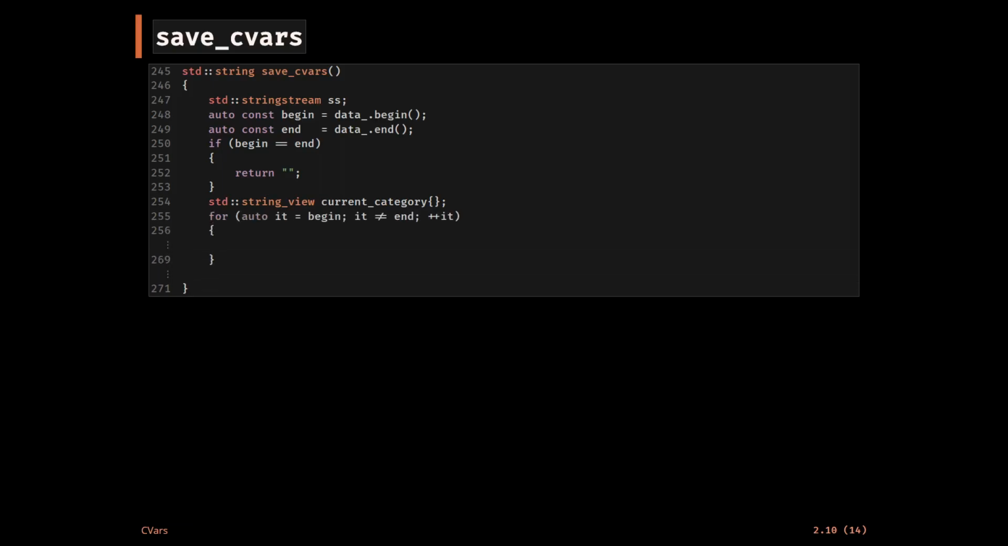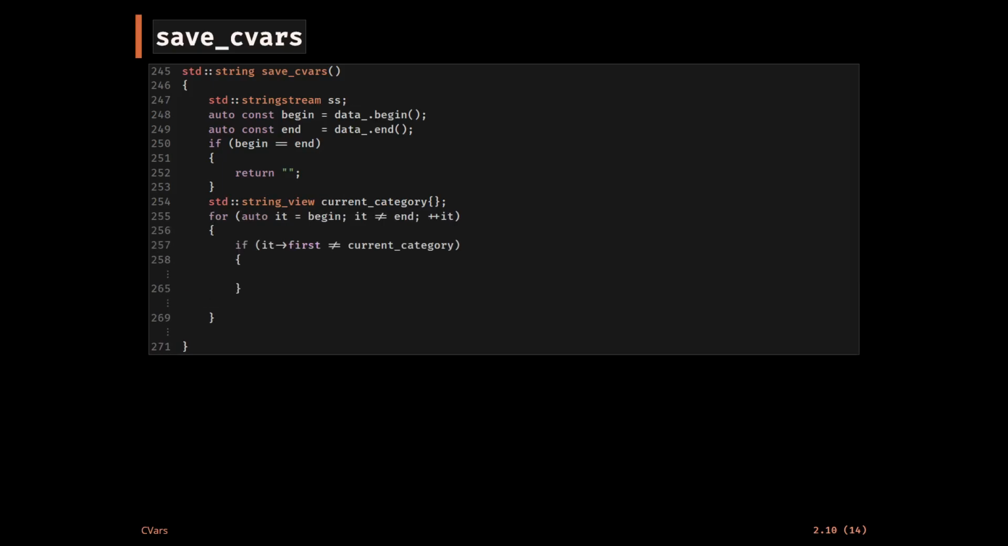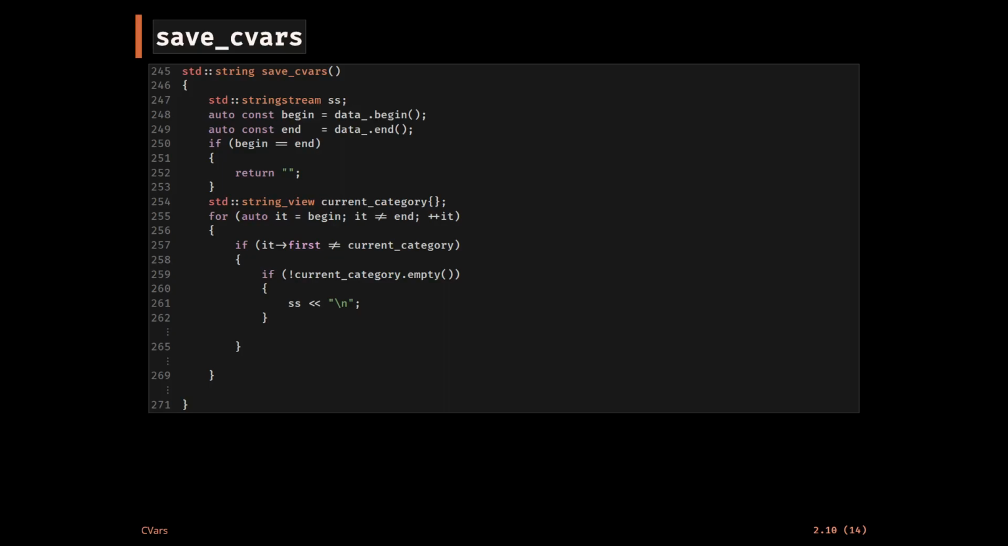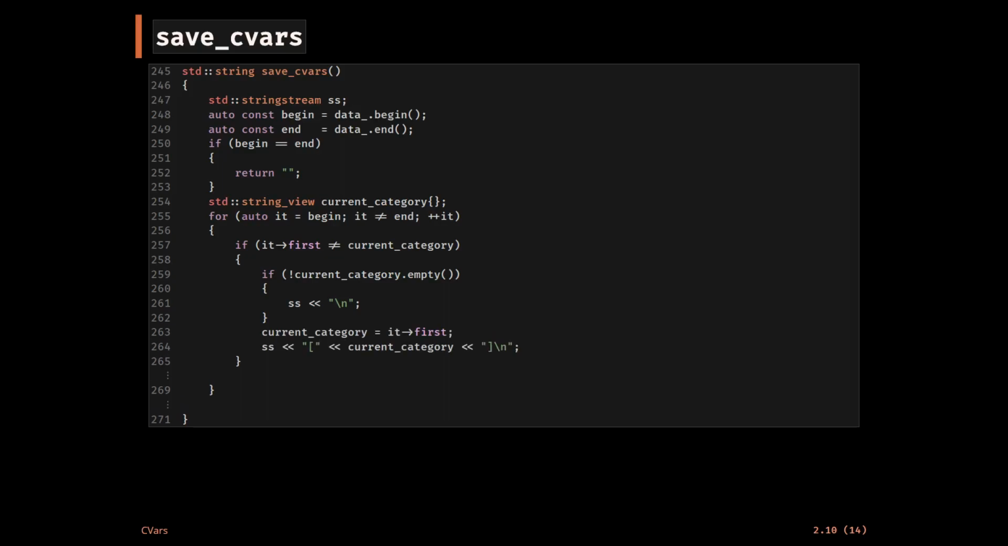So then we just iterate through all CVars. We check if the category has changed. If the category has changed, right, and we check, was the previous category not empty? If so, that means we were already having some keys, so we add an extra new line. Otherwise, what we just do is we print in the square brackets the name of the category. Right? So then moving on,